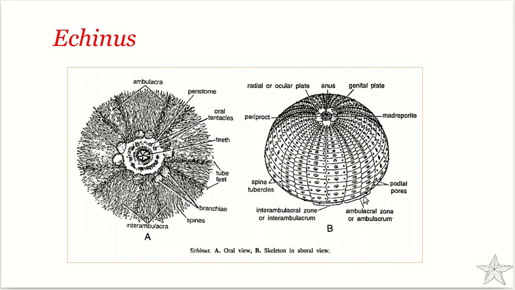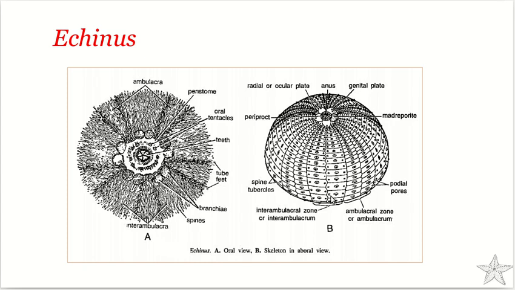In the ambulacral, you can see here it is written ambulacral zone or ambulacrum, or the ambulacral plates if we refer to it as a plate. The ambulacral plates have openings for the tube feet, which we are referring to as the podial pores, while interambulacral plates have the tubercles for the articulation of spines, that is the spine tubercles. So this is the ambulacral plate over here, and this is the interambulacral. These are the interambulacral plates. So ambulacral plates alternate with the interambulacral plates.